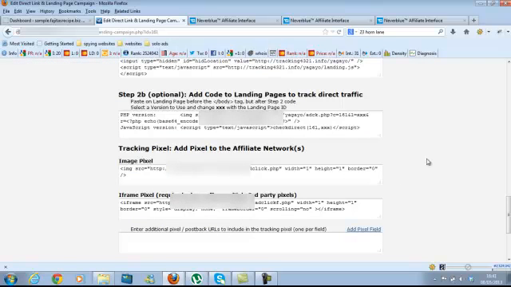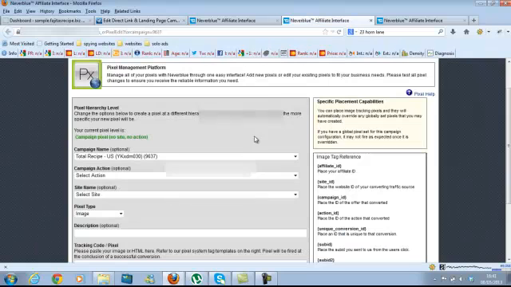So now that we're in this bottom part of the campaign setup, you want to give this code here which says tracking pixel, add pixel to the affiliate network. You want to put this code in this box here. You want to place that within your CPA network. So you're just going to right click and copy the code here. Then you're going to go to your affiliate network, and scroll down